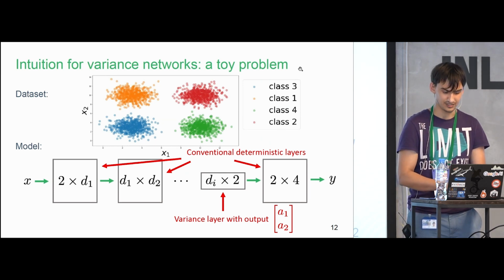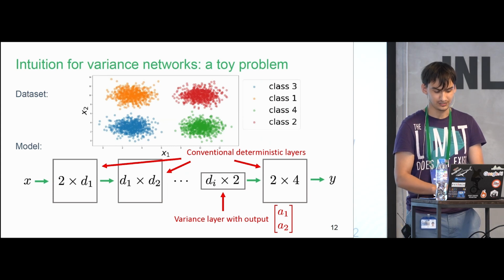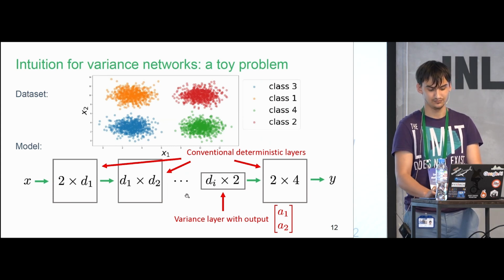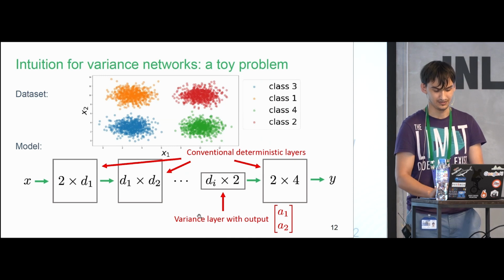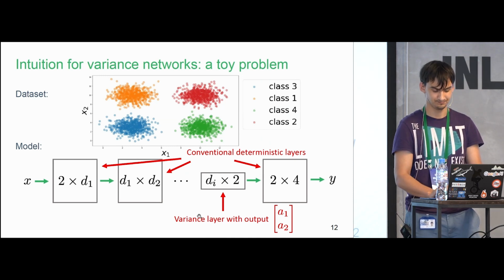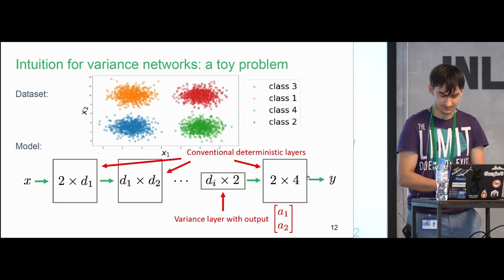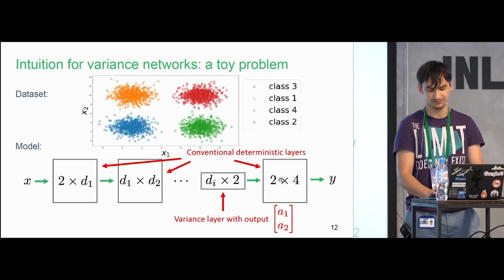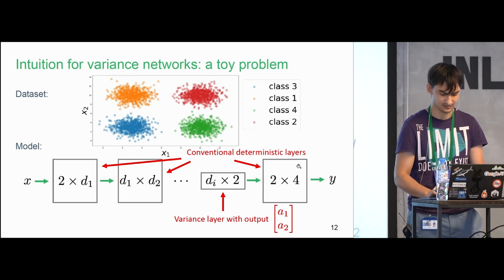So here is a 2-dimensional data set, a classification problem with 4 classes. And a very simple neural network with several fully connected embedding layers, and this one variance layer with 2-dimensional output, so that we could plot the activations of the variance layer. And we have this predictive layer, which is basically just one layer that has softmax output after it, and it classifies between the 4 classes.